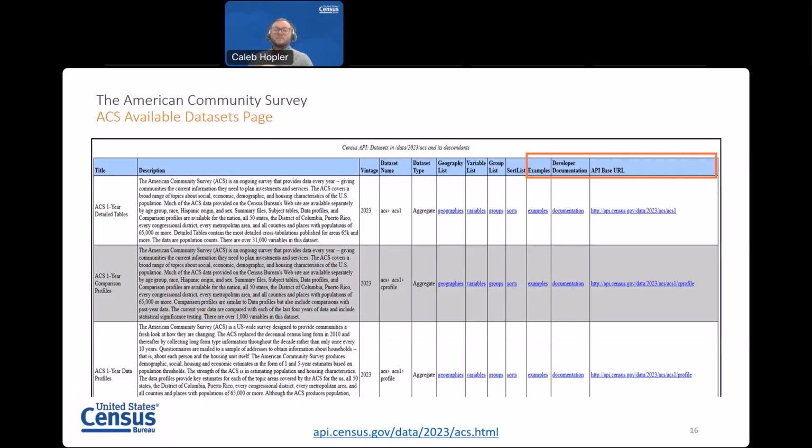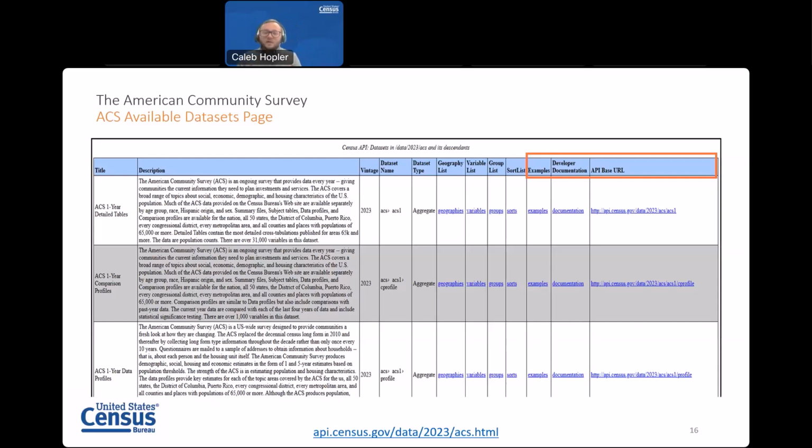Examples give you example URLs at all different geography levels available for that group type. This right here is a strong tip for all data users, and especially those who are not programmers and do need help building an API call. Pull one of these examples, and you just need to update a few existing components within that URL to grab the data that you want. We'll do a demonstration of that later.